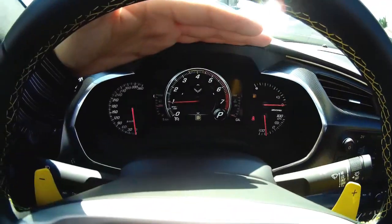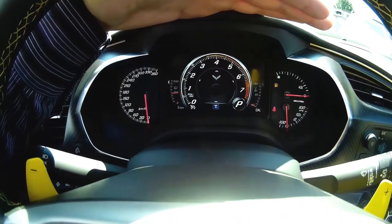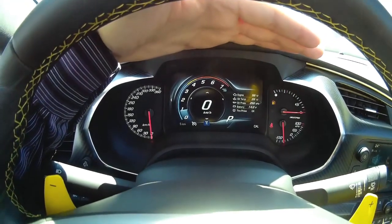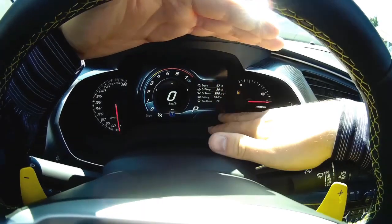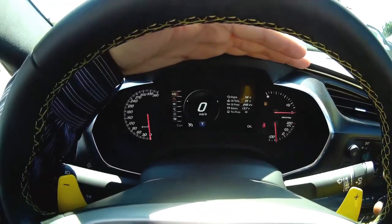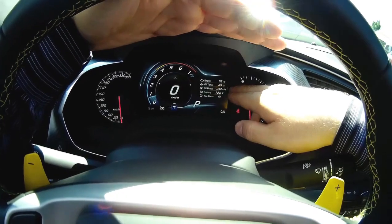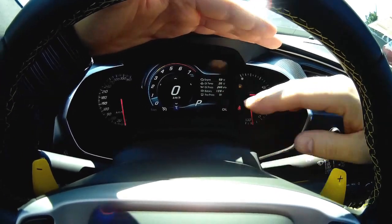So now if you switch modes, there's touring mode. That'll change the information you have on the screen. So it shows you what's really important. You still have the tach, but now the speed is really big in the middle. And then if I press the left button here on the steering wheel, I'm in performance information. There's also an info mode. I personally prefer the performance because then it's showing you engine temperature, oil pressure, battery voltage, tire pressures, all that